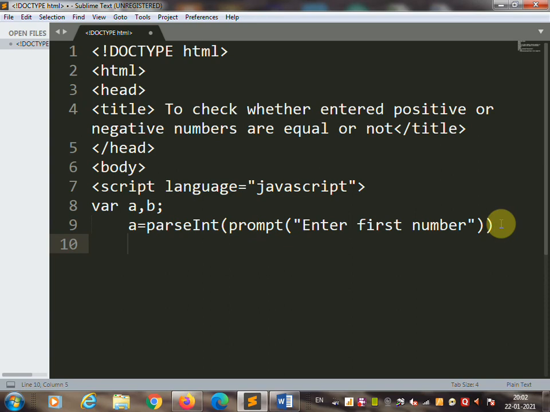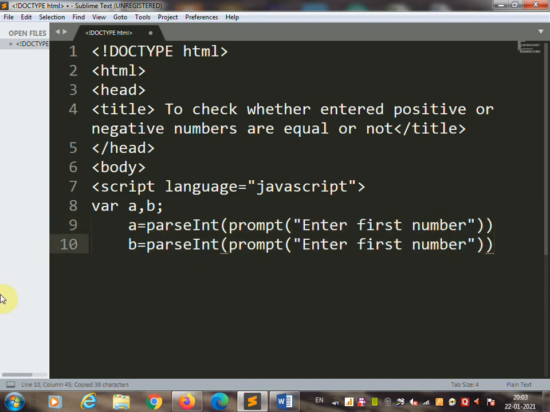For the first number you can enter it over here. The second number is also the same, so you can just copy and paste over here. You can save your time and edit the text: enter second number. Once displaying the prompt is over,